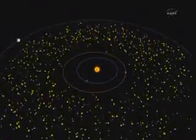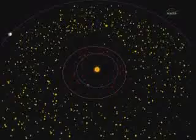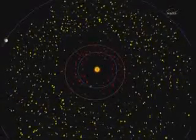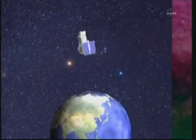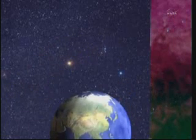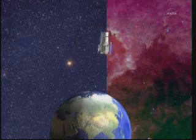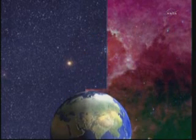After completing its primary mission to map the infrared sky, NASA's Wide Field Infrared Survey Explorer, or WISE, has reached the expected end of its onboard supply of frozen coolant. Although WISE has warmed up, NASA has decided the mission will still continue. WISE will now focus on our nearest neighbors, the asteroids and comets traveling together with our solar system's planets around